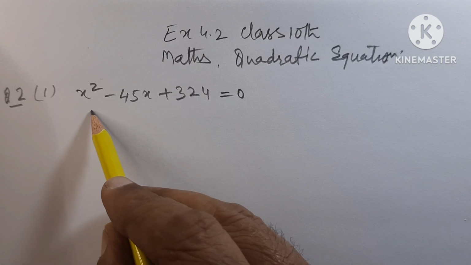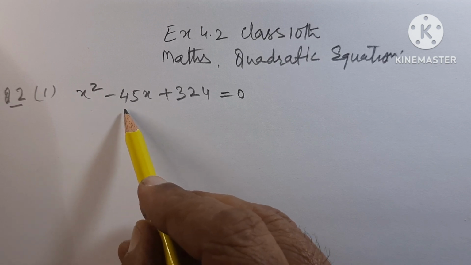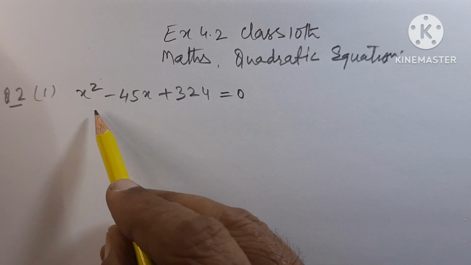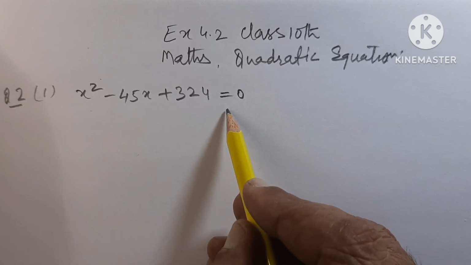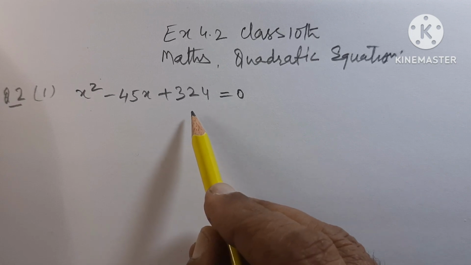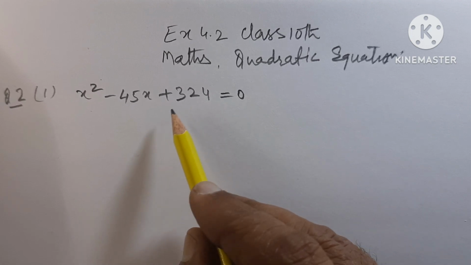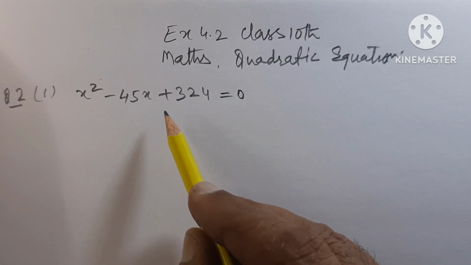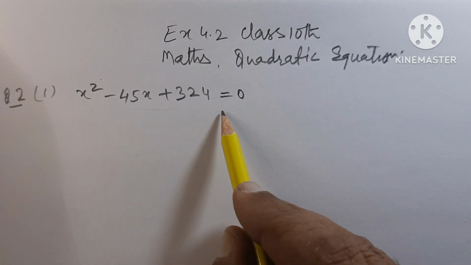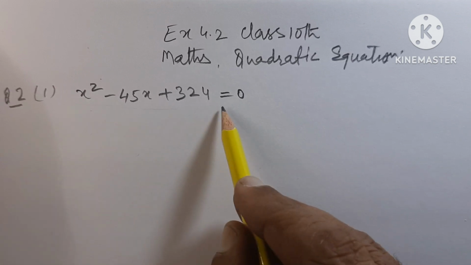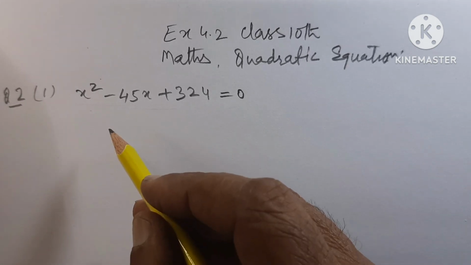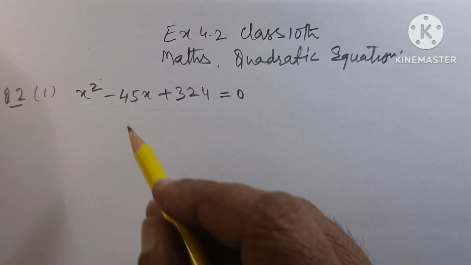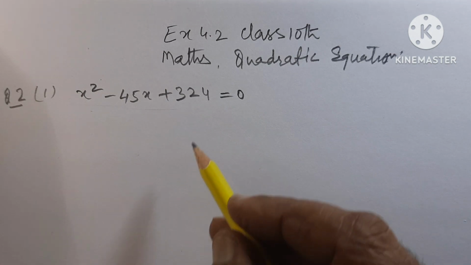We have formed this equation in example 1: x square minus 45x plus 324. We had formed this equation from the statement written in English, and this is the conversion of that statement into the quadratic equation. Now the topic over here is to solve this, to find the value of x or to find the root